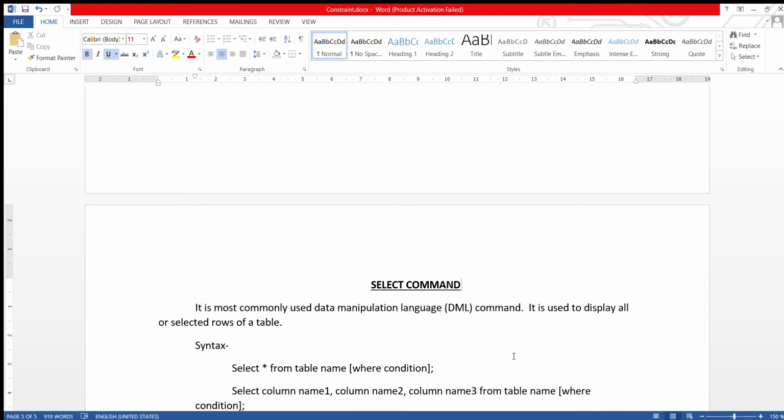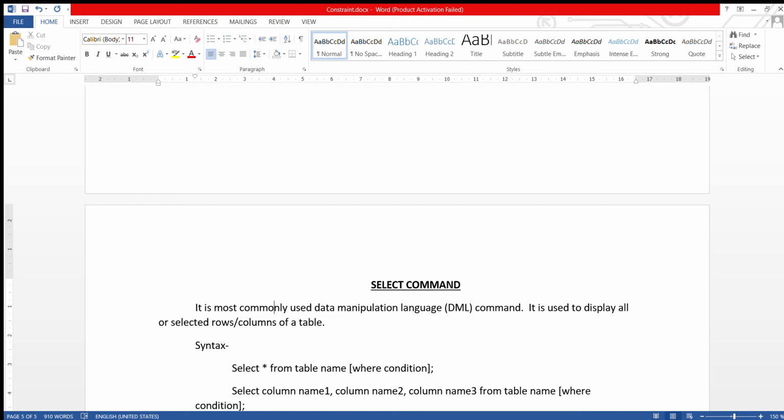Now what is the use of that command? This command is used to display all or selected rows or columns of a table. It may display all the rows or all the columns, or if you want, you can display selected rows or selected columns of a particular table.